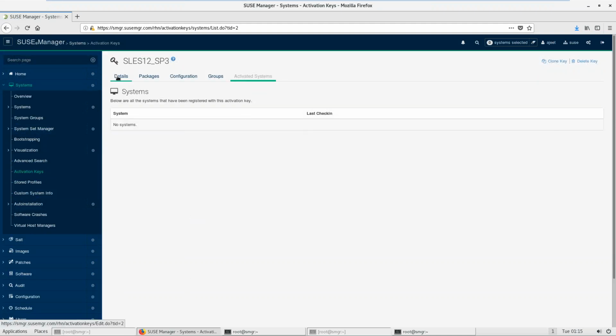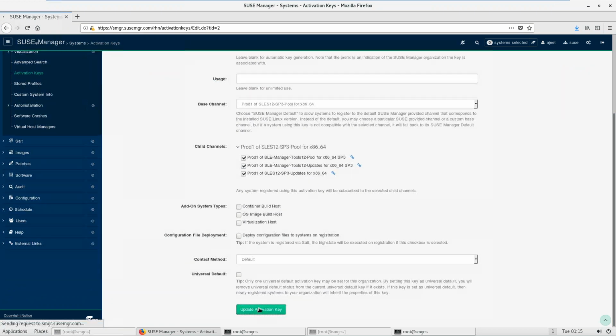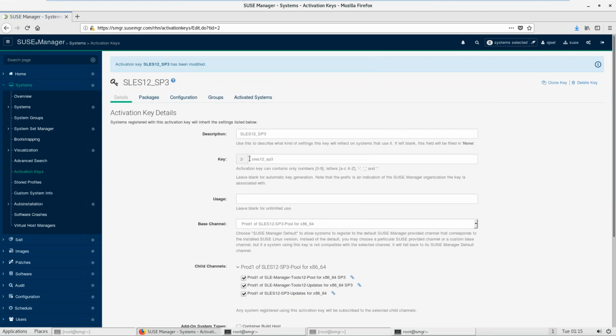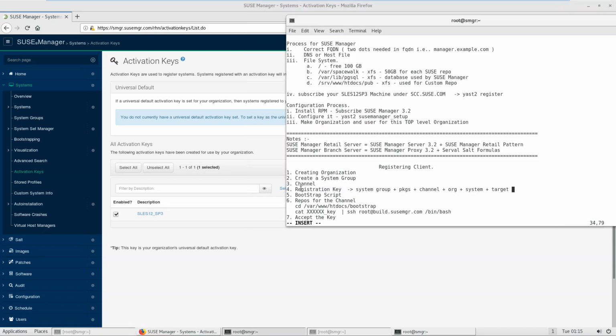We can see this now under the details option. Let's make it, yes. So the key is done. The whole name of the key is SLE12SP3, right? So back to here, activation key, and you can copy this now because we need this. Now the next step is bootstrap